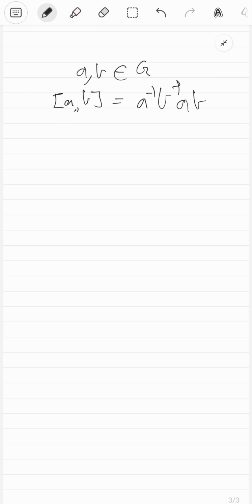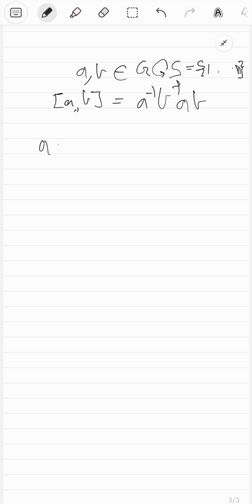So clearly if A and B commute, then this commutator is just the identity. Otherwise it has some nice properties, but it's not identity. Alright, so the first nice property that we want to show is this: G acts on some set S, right? And let's say that S is something like 1 all the way till n,